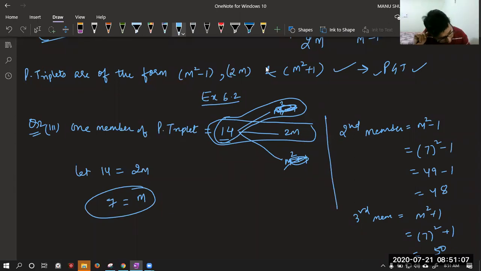Oh my God. Beta, it is 16 only. Question number 2, third part. Sarai is saying 6.2 question 2 third part is 16. Yes beta, I have taken 16. I have taken 16 only. Okay, third part is 16. I have done second part. Sorry, I have done second part. This is not third part. This is second part. Beta, you can forgive me this much, can't you?